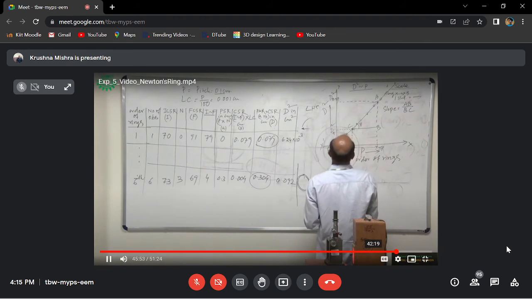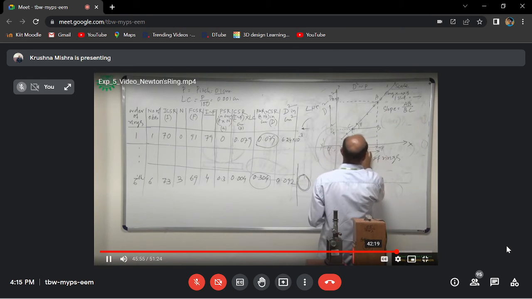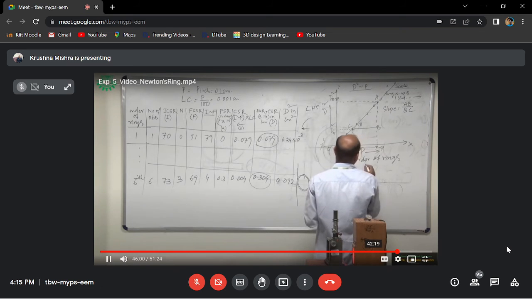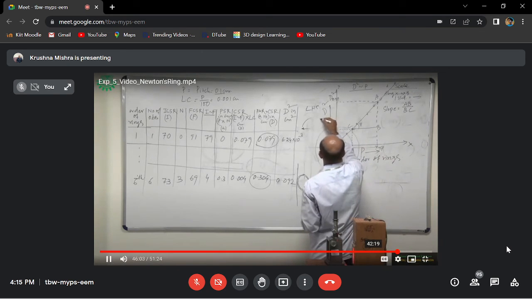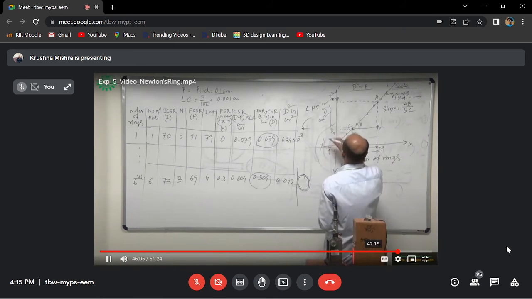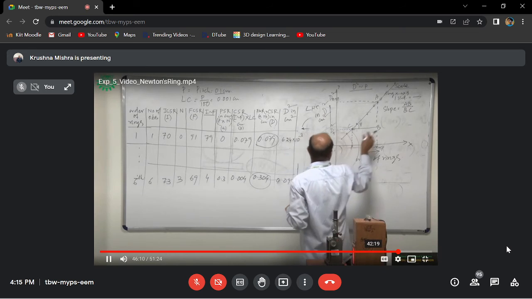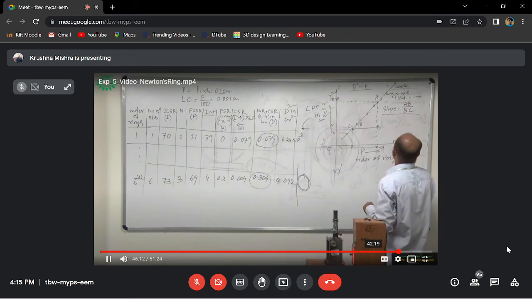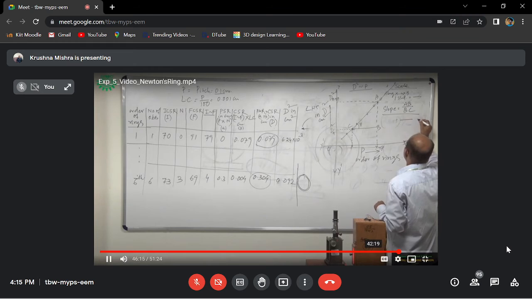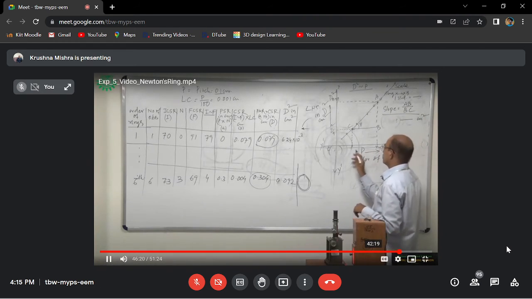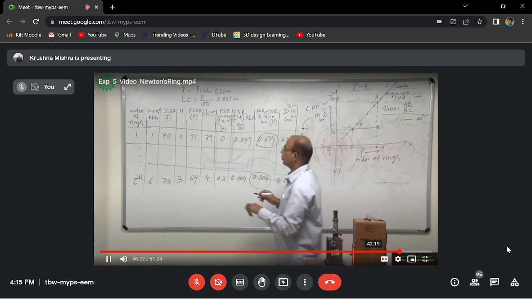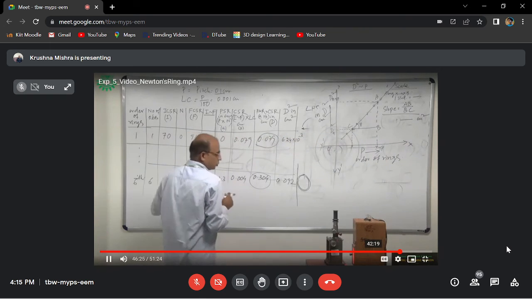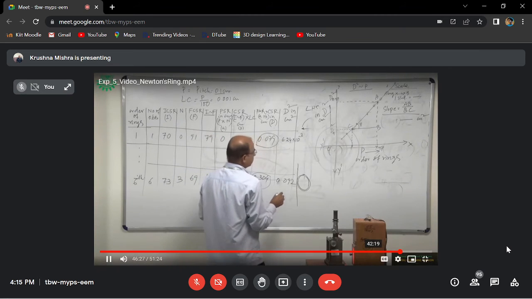So we can find it, that is, this is simply a number, having no unit, but it should be clearly mentioned in centimeter square. So after you get the slope, we should clearly mention its unit, that is cm square, because it has no unit along the x-axis. It is the order of ring or number of rings. So after you find it,